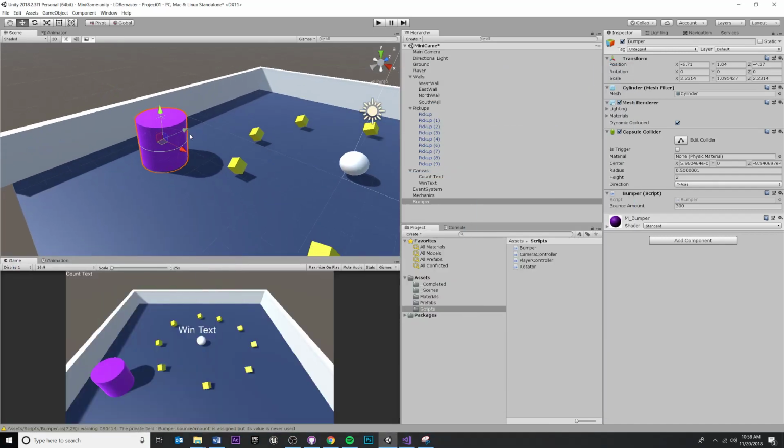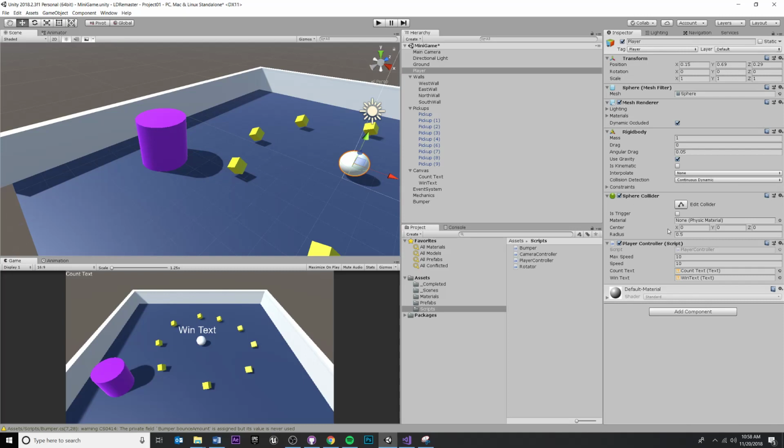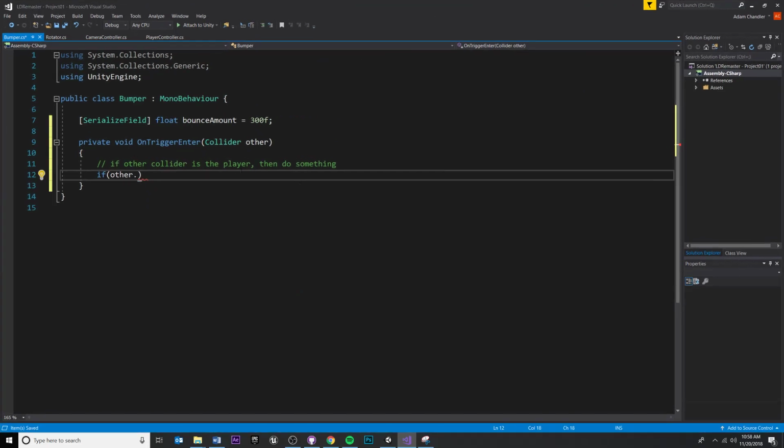We're saying if this collider, because our OnTriggerEnter is on this script, if this collider right here is attached to a game object with a tag player, then continue. So that's what we're going to do. We're going to say if the other collider dot gameObject, and we actually don't need this, but just to make it more clear, if this game object is attached to it,